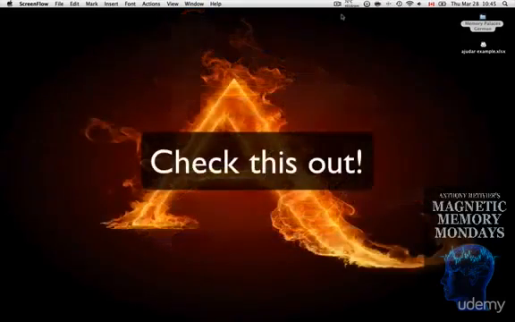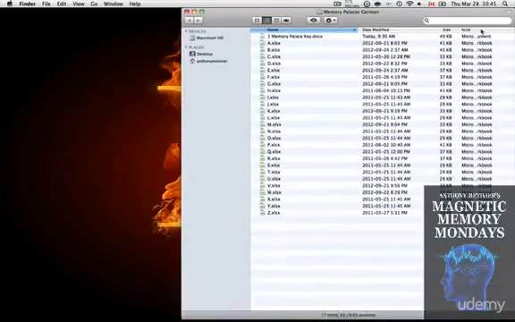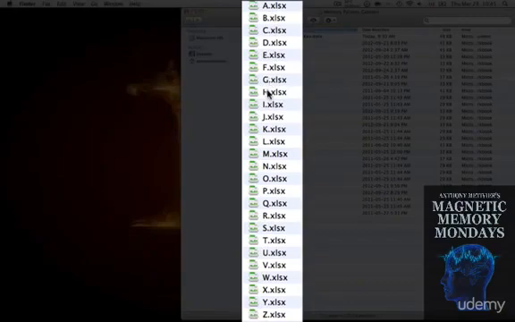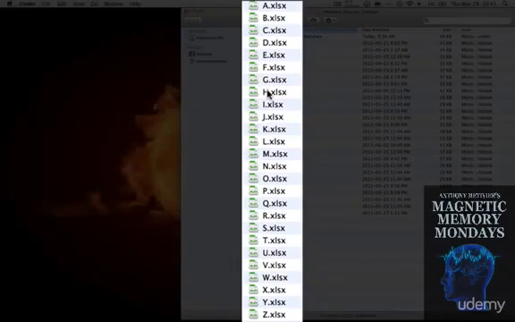So it's really as simple as creating a folder somewhere on your computer. And here's mine for German. If you look inside, you'll see that I have created 26 different Excel files, each one corresponding to a letter of the alphabet. The reason I do that instead of just having one Excel file is that I don't have to add too many columns here and there and constantly fiddle and scroll up and down for the entire alphabet. I just simply go to that letter and add some new material or visit it for testing,